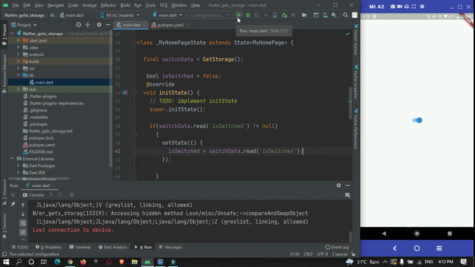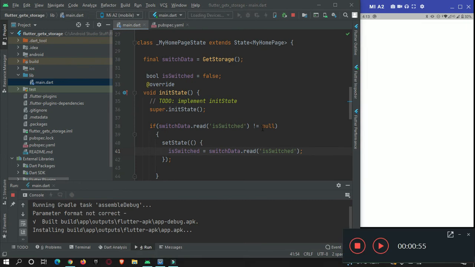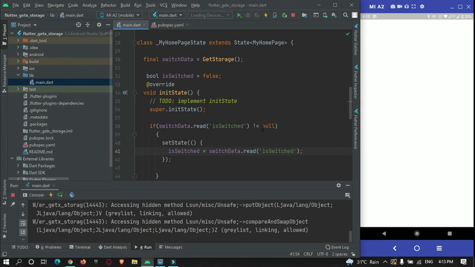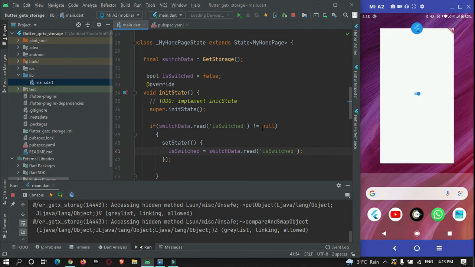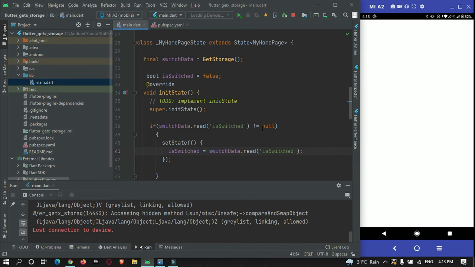Okay, so now let's check the app. Okay, so the app got installed. I will turn this on, close our app, and reopen the app again.